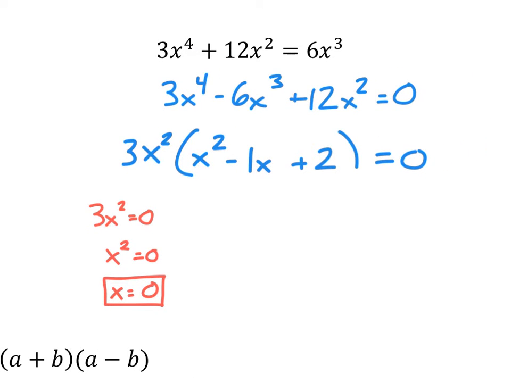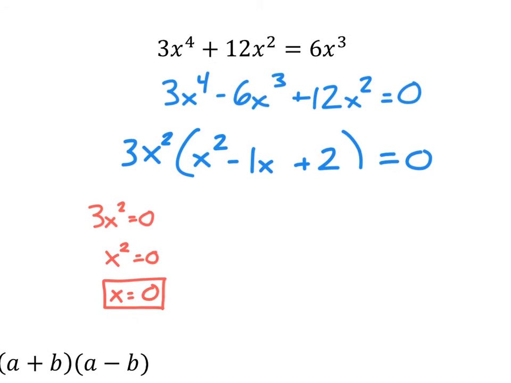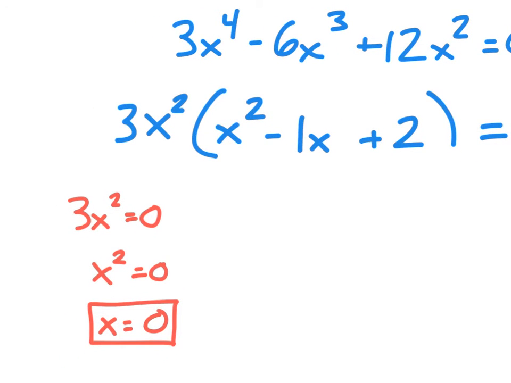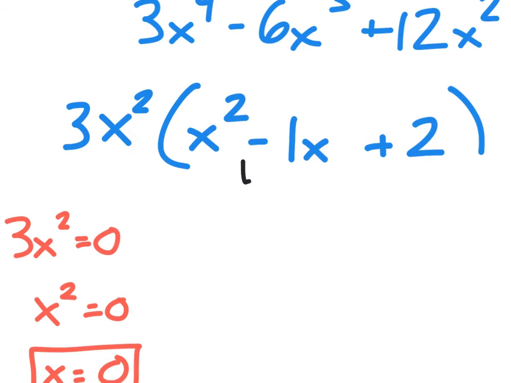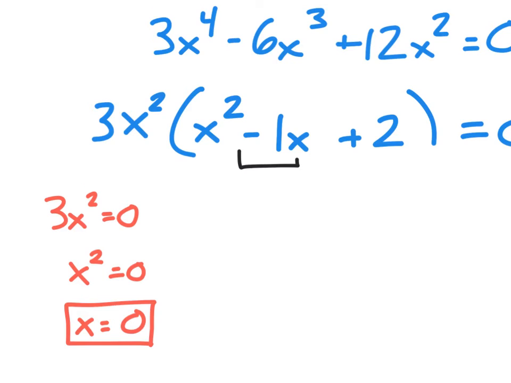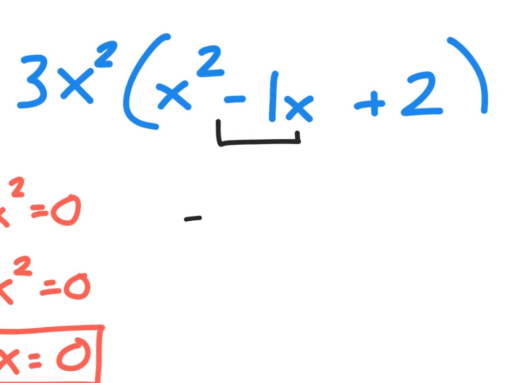We now have this piece. And if you look at it, you can hopefully see right away that it is not factorable. There are no factors of positive 2 that will add together to give me a negative 1, which means we have a couple options. 2, in fact. We have completing the square, or we have the quadratic formula. I wouldn't recommend completing the square on this one because your b value is odd. And when we do b divided by 2 squared, it's going to give us some fractions. So I would then fire up the quadratic formula,